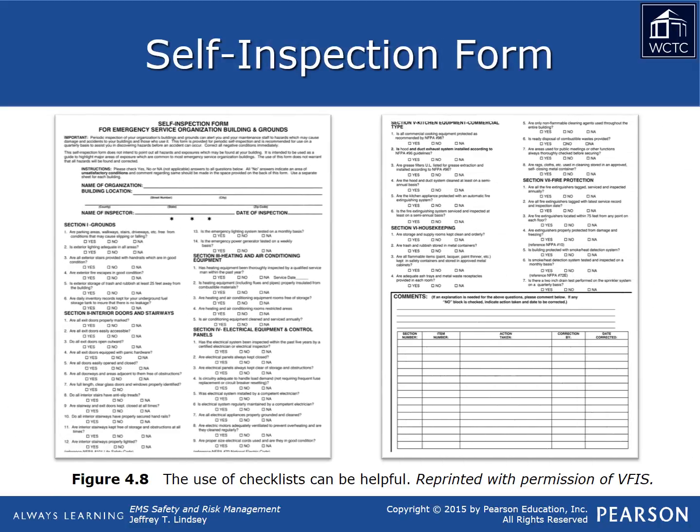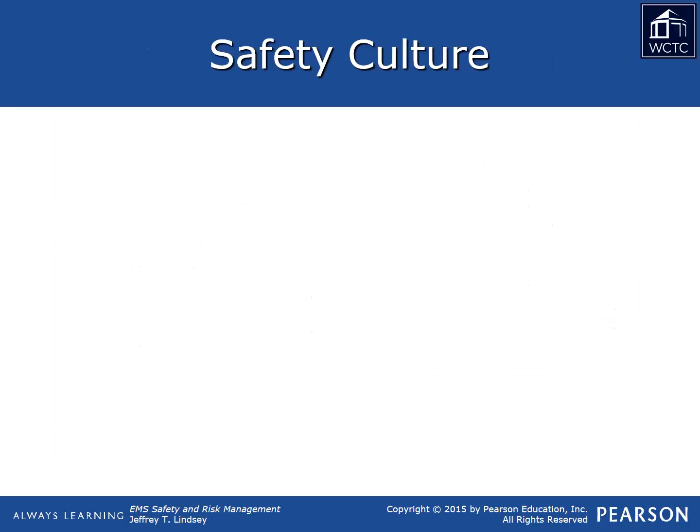As mentioned previously, there are resources available from numerous sources to assist in establishing a safety and health program within your organization. This particular self-inspection checklist was made available from the Volunteer Firemen's Insurance Services. The goal of any health and safety program is to foster a culture of safety within the organization so that safety is reflected in the attitudes, behaviors, beliefs, values, ways of doing things, and other shared characteristics of all those